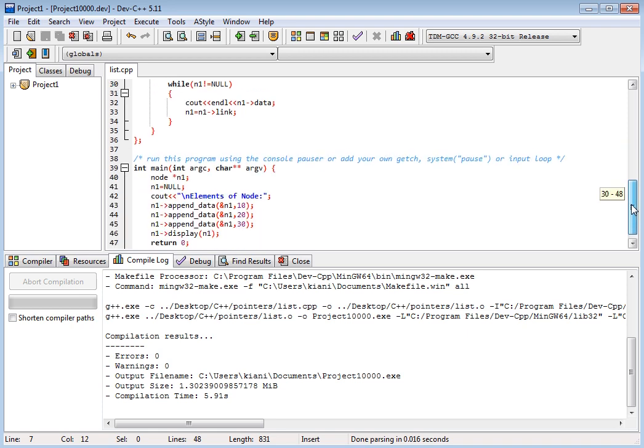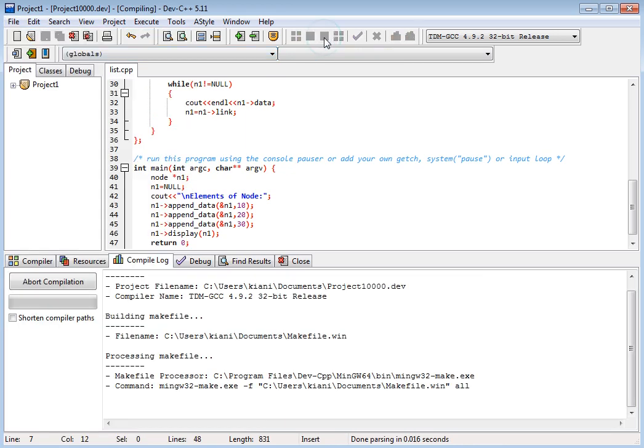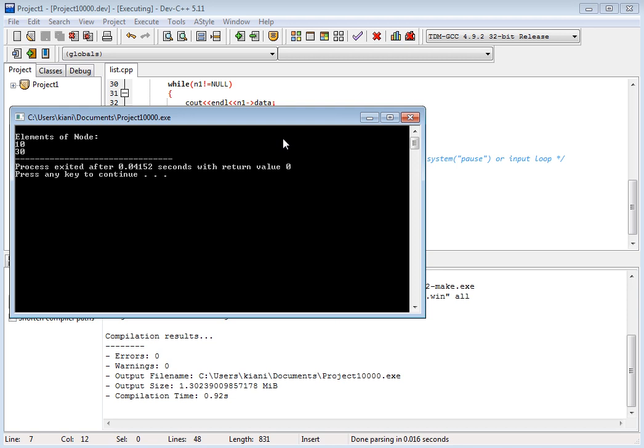Here there is no 20 append data, and we append the data to data 20. We save it and we append the data 10 and 30.